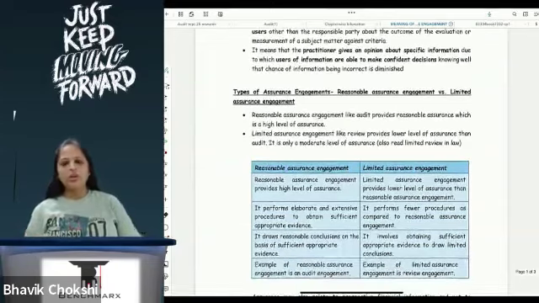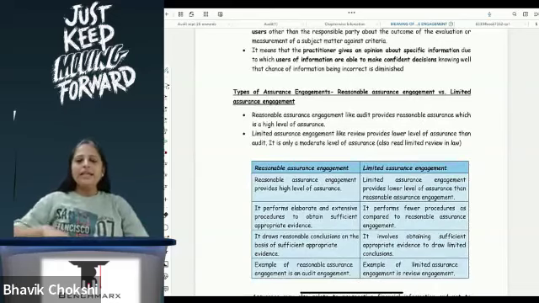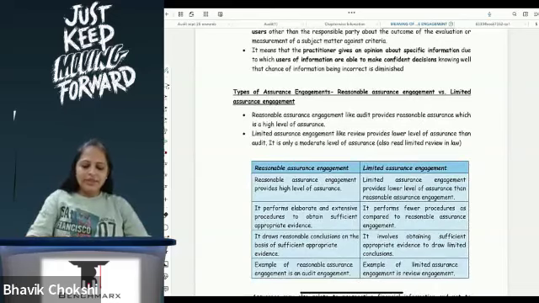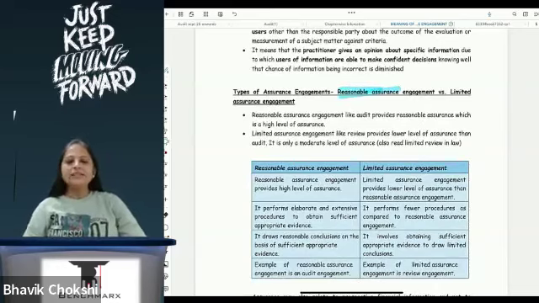Of course, this is assurance. When we talk about assurance, there is reasonable assurance, correct? We always use the word reasonable assurance. Why will I give a reasonable assurance? Because it is not possible for me to check each and everything that's being given by the management, and it's also possible that even though I am checking everything that the management has given, management is giving me only things which they want me to view, and they're not giving me things which they don't want me to see. So there's a possibility of that also happening, correct?